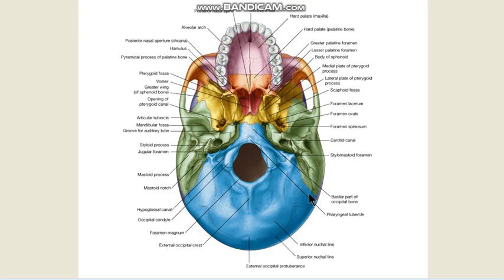Now if you look at the base of the skull, from here you can see again the wedge shaped petrous parts of the temporal bones over here and here, and you can make out that this wedge has insinuated itself between the sphenoid in front and the occipital bone behind. And further laterally, this again is the squamous part with its zygomatic process, mandibular fossa for the temporomandibular joint, the mastoid process over here, and the styloid process over here, and the external auditory meatus somewhere here.